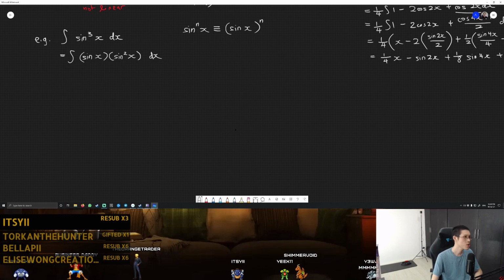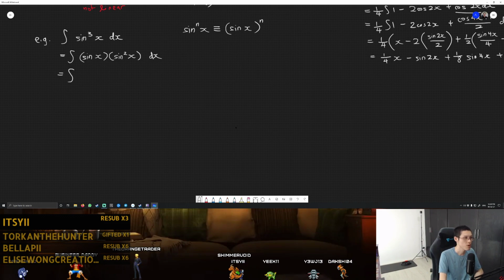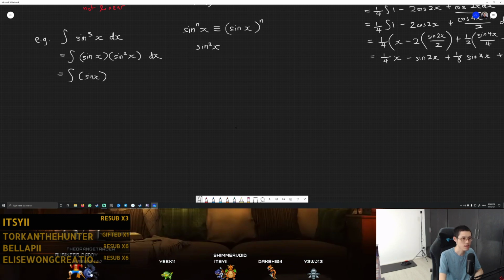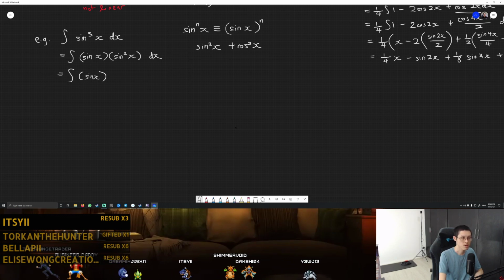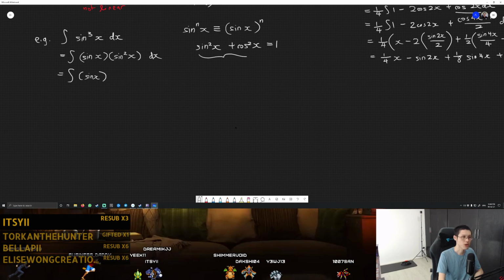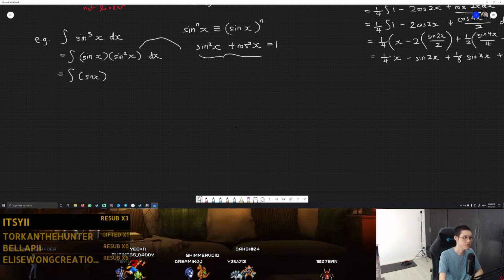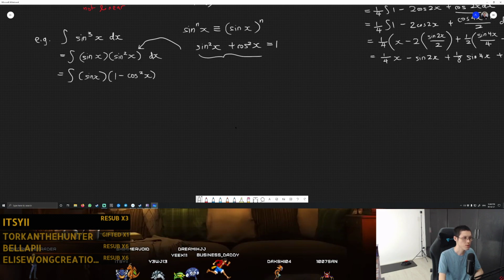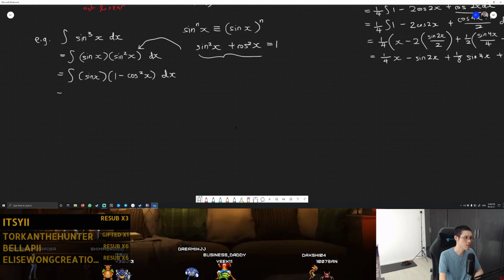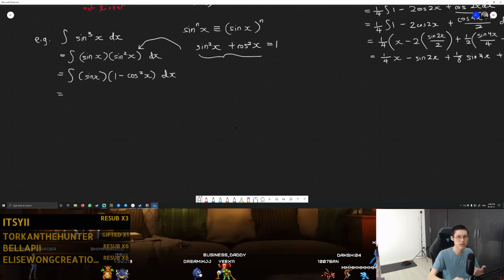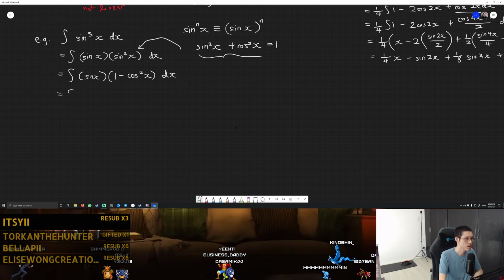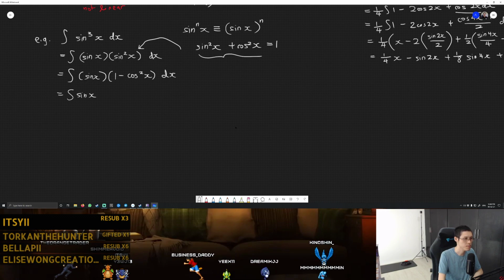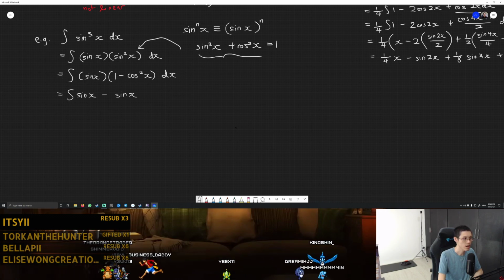So what's the point of us splitting it like this? Well, because the next step, we are going to have to use the basic identity, which is sine squared x plus cos squared x equals 1. We're going to use this identity and substitute that into this sine squared x here. So we're going to get 1 minus cos squared x. And the reason we're doing that is so that we can get two separate terms that we can integrate on their own. So we're going to get sine x here, and I'm going to expand,